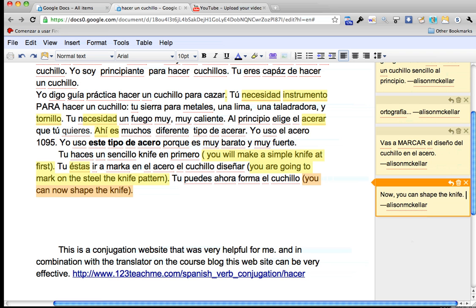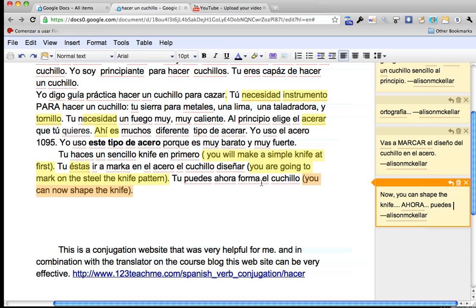So you want now, which is ahora, coma, tú puedes, you got that, great, tú puedes, but then if you have ahora, puedes, and then that's you can shape, you want that second verb to be in the infinitive and not conjugated. So forma, you can shape,